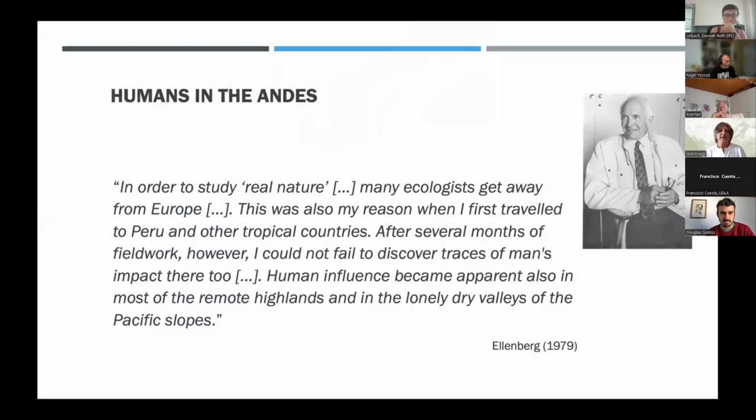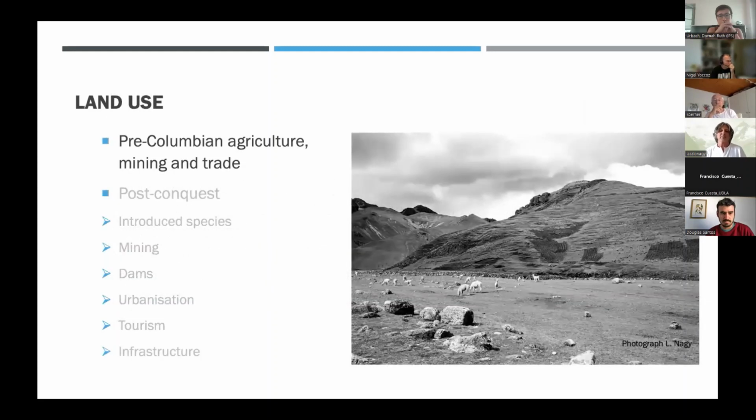He said the following: in order to study real nature, many ecologists get away from Europe. This was also my reason why I first traveled to Peru and other tropical countries. After several months of fieldwork, however, I could not fail to discover traces of man's impact there too. Human influence became apparent also in the most remote highlands and in the lonely dry valleys of the Pacific slopes. I couldn't agree more with Ellenberg. In fact, I think that he very gently, grossly understated